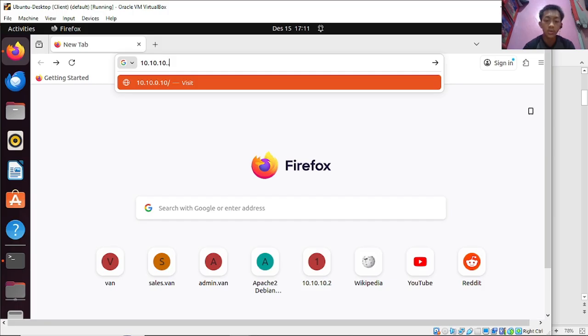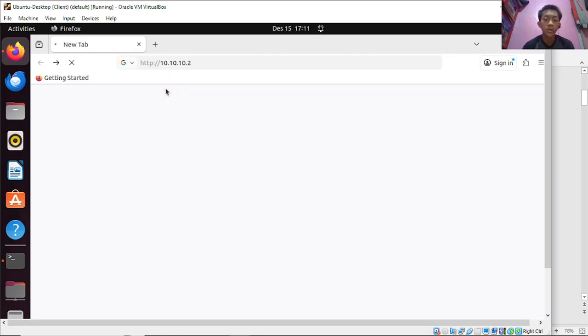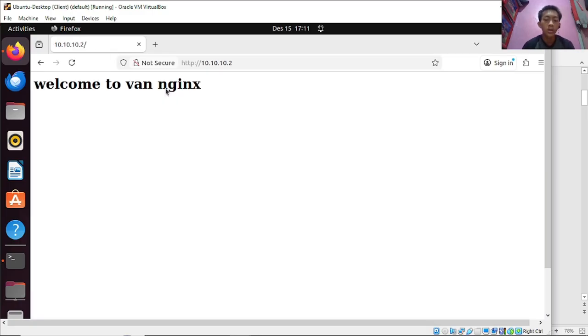Okay, you can press enter. Wait until the page loads. Now this is the default Nginx server page. This is how the Nginx server display looks. That's it for the installation of the Nginx web server.